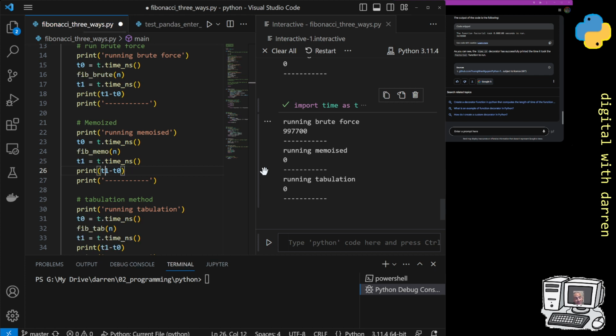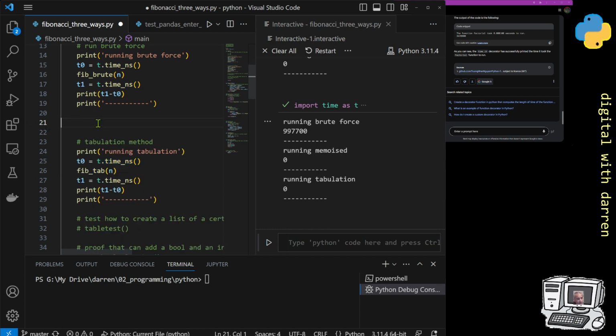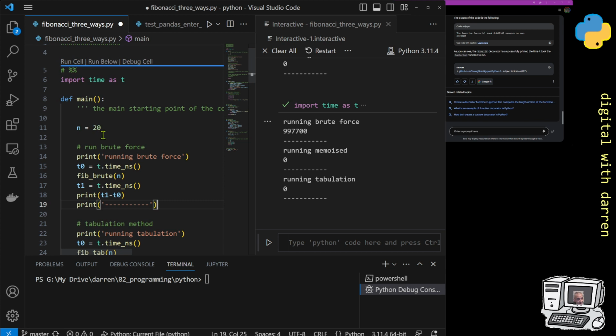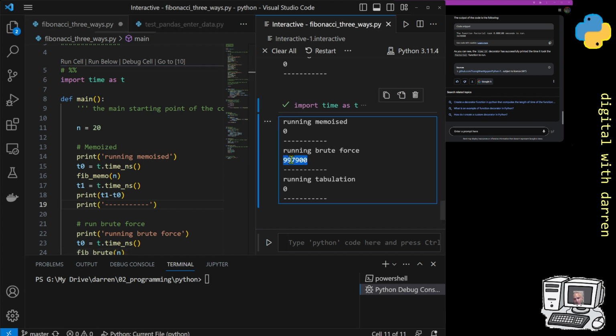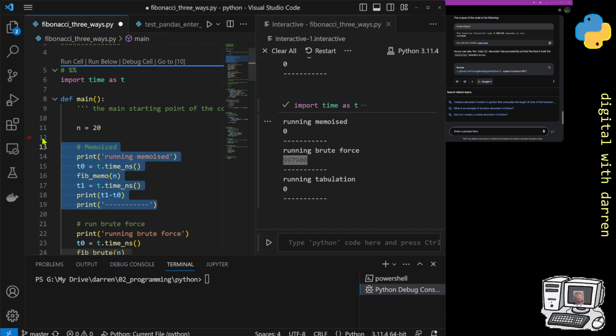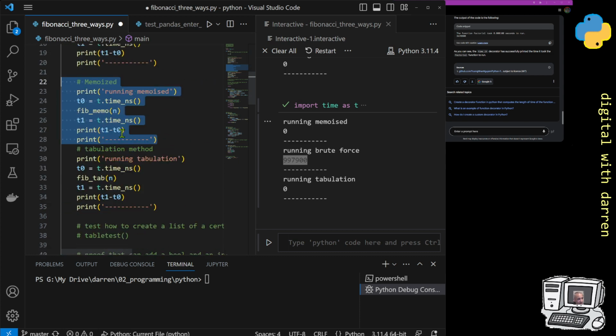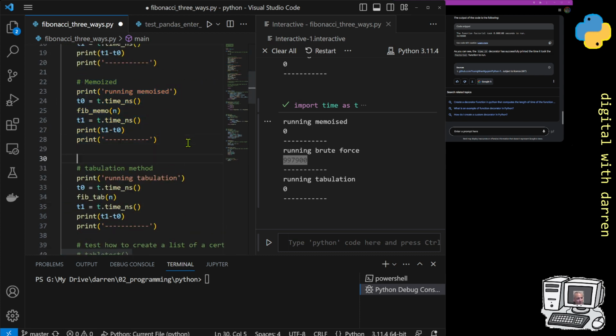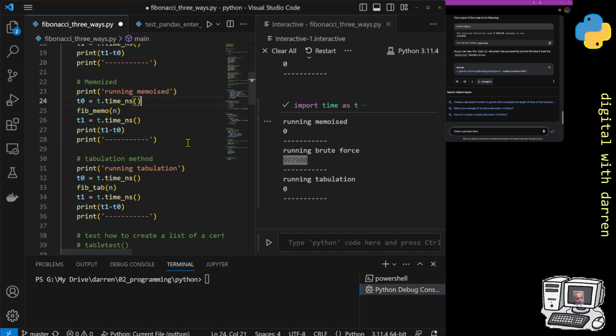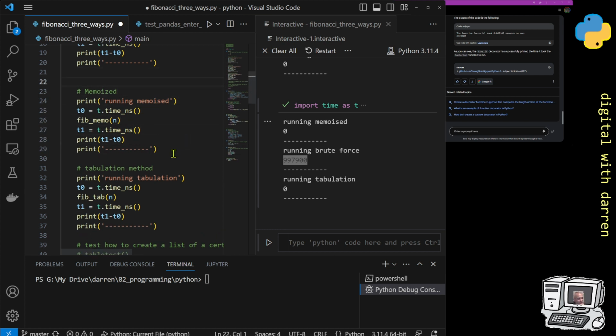Let's just say, in case this T0 minus T1 was being overwritten, if I put the memoized one first, which I can do now, so I can select and run that one first. There we go. Control return. We still see that this middle one, this brute force method, is a slow one. So I'm going to move this back down now, which I think I can do with an Alt and these arrows. There we go. So it's back to where it was. It's probably easier cutting and pasting than moving blocks of code. But anyway,